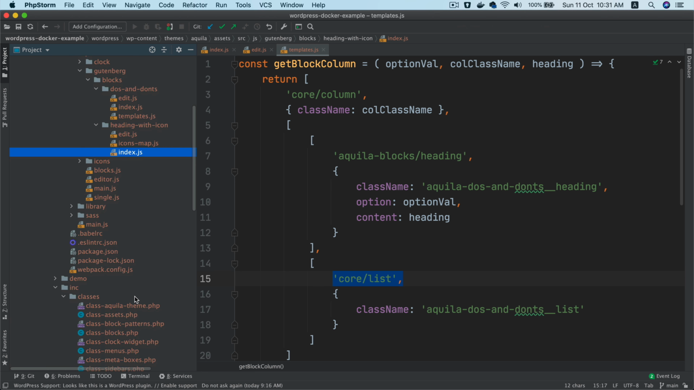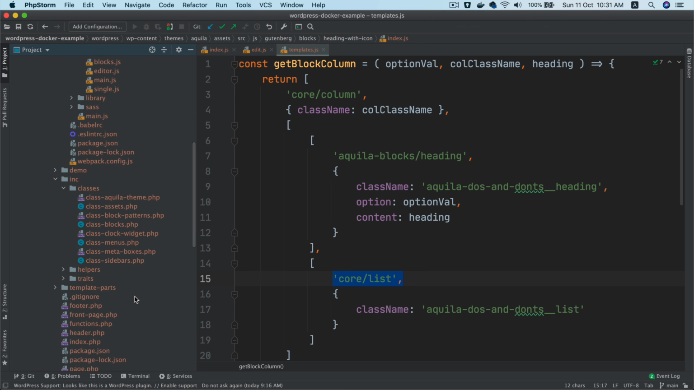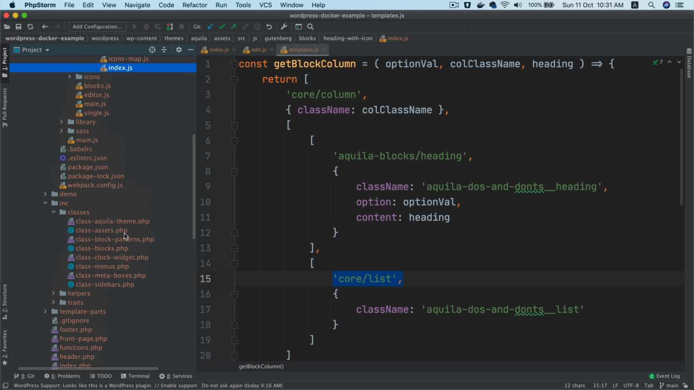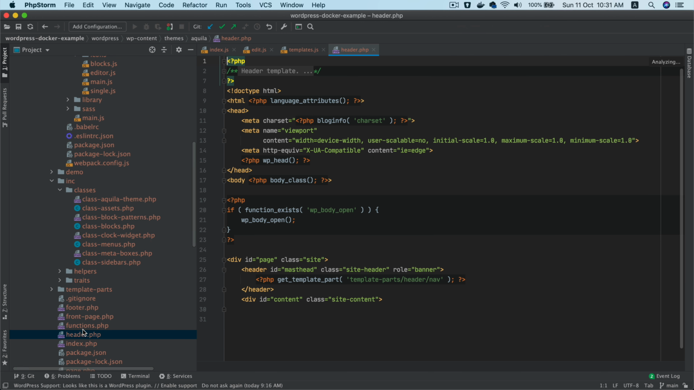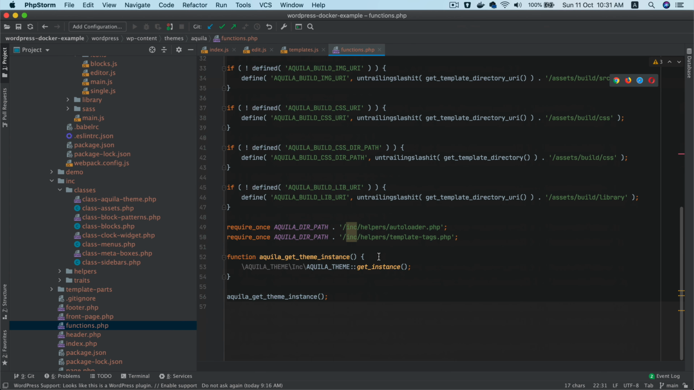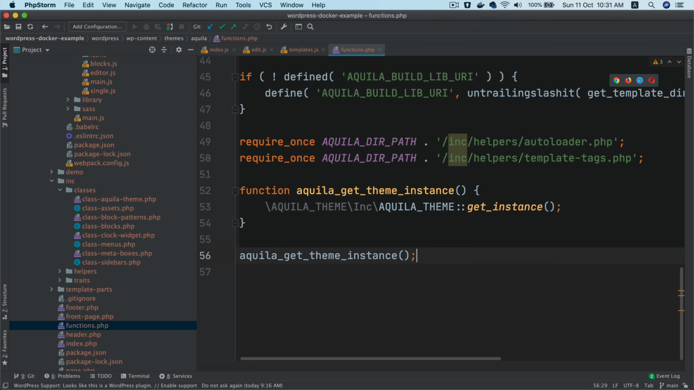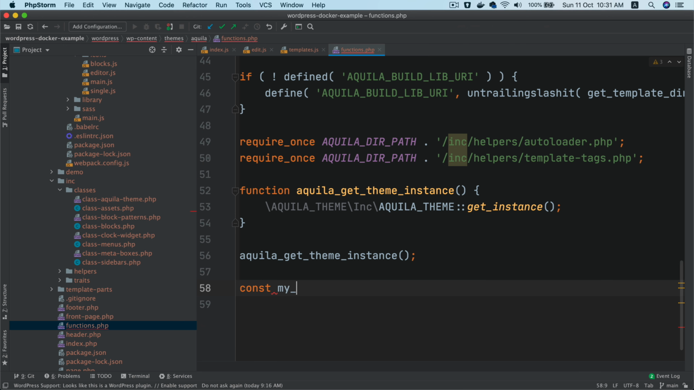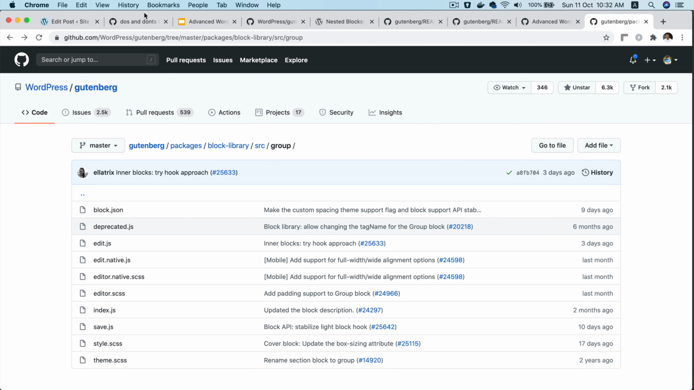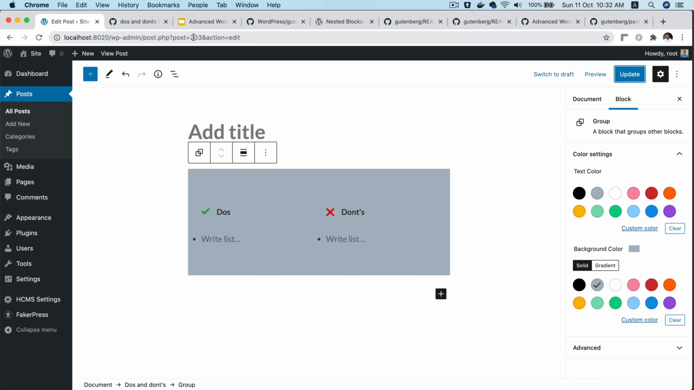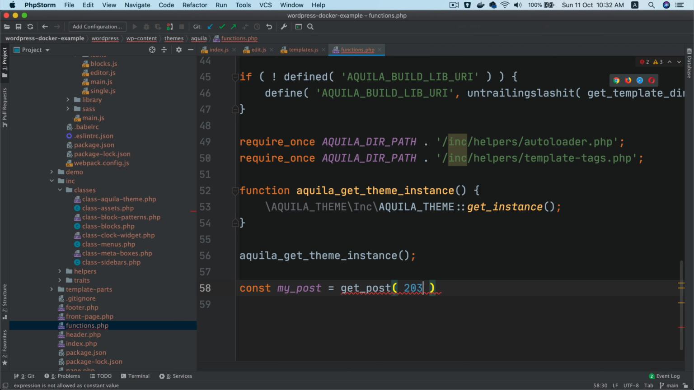So what I'm going to do is I'll go to my functions.php, and over here down at the bottom I'm going to say my post equals get post. It's just for testing purposes, and the post ID is 203. I'm going to pass that, and then